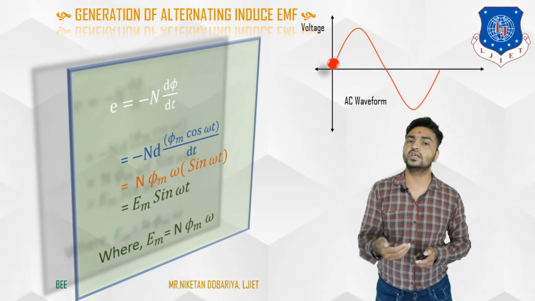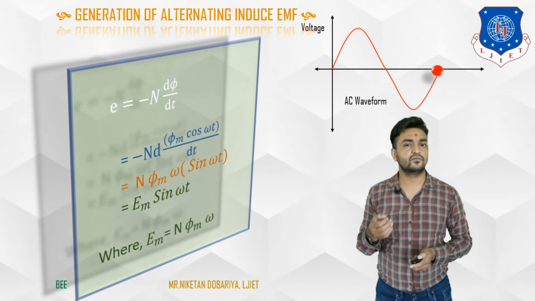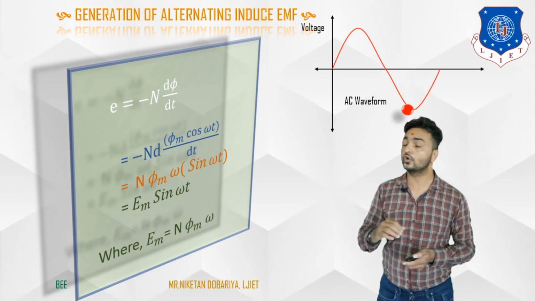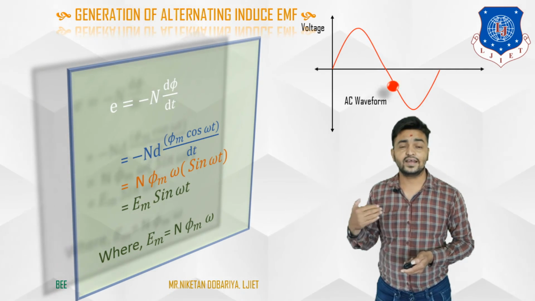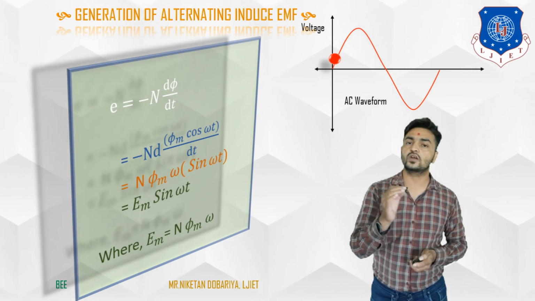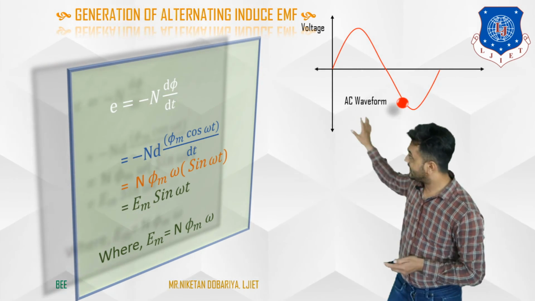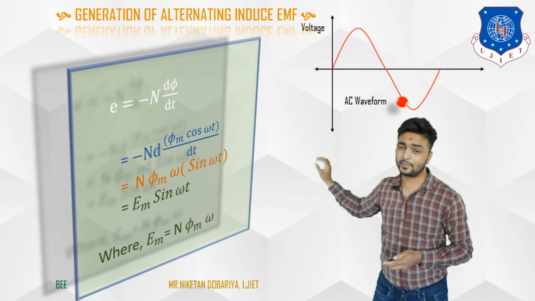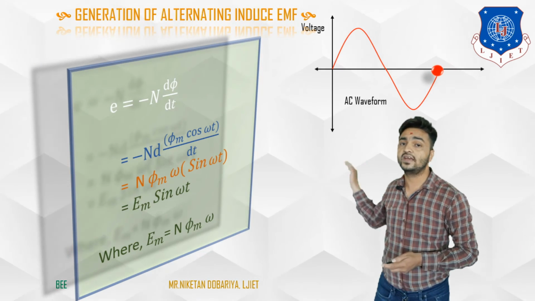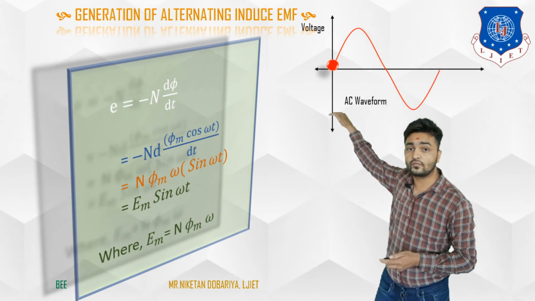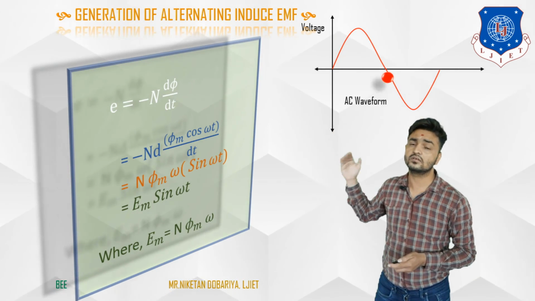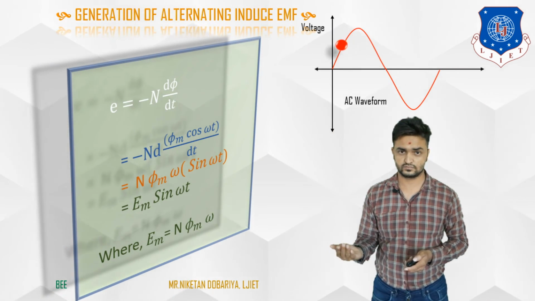Let's say if you put theta equal to 0, at that time sin 0 is equal to 0. So at that time the value of the voltage is going to be 0 as shown in this figure, and at 90 degrees, sin 90 is 1, and at that time we are going to get the maximum value as shown in this figure. So basically, if you put various values of theta here, we will get various points or various magnitudes of that voltage as shown in this diagram, and that represents a sinusoidal waveform.